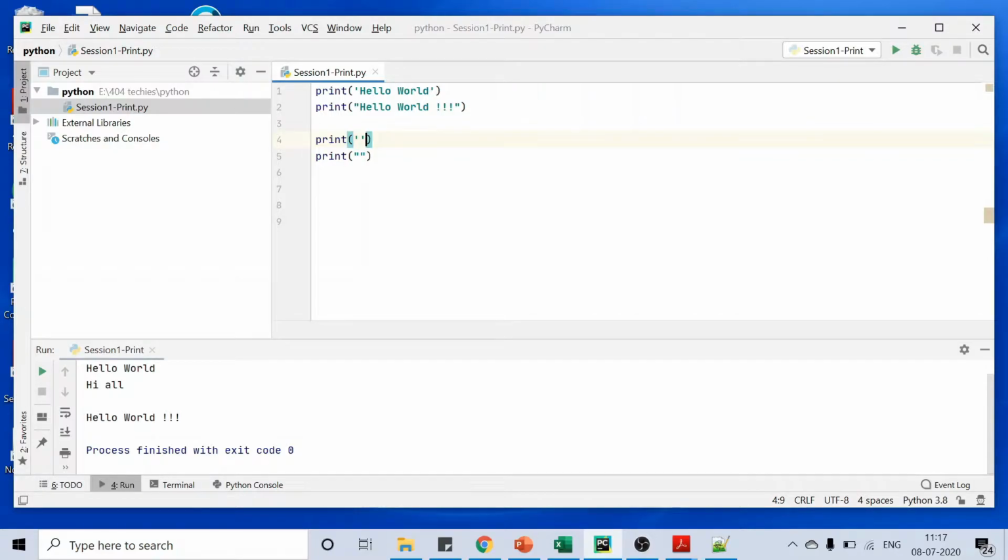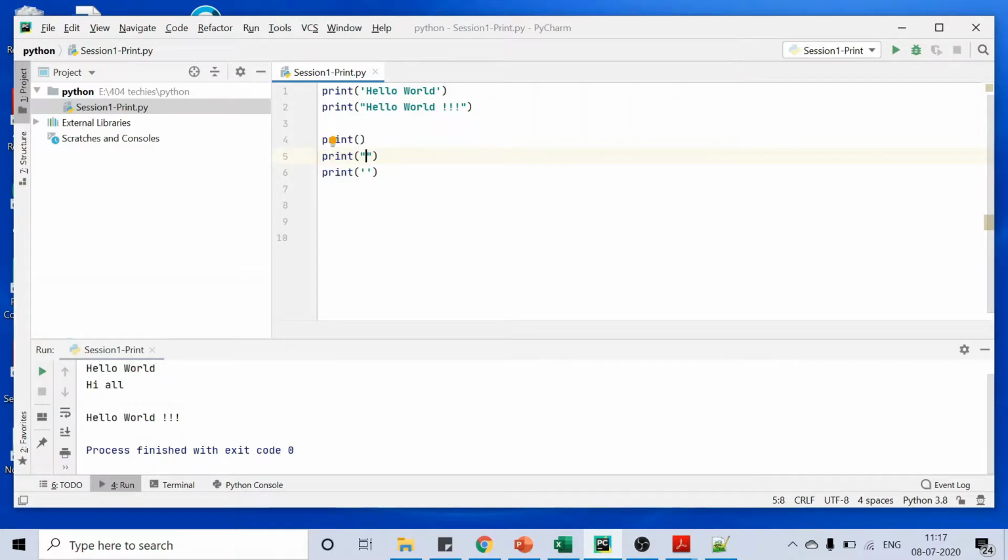If you want an empty line, you can go this way, with no strings inside the open and close brackets, or only the quotes without any space between the quotes.